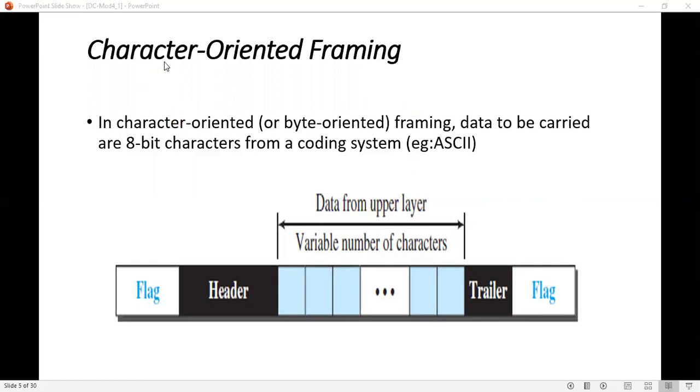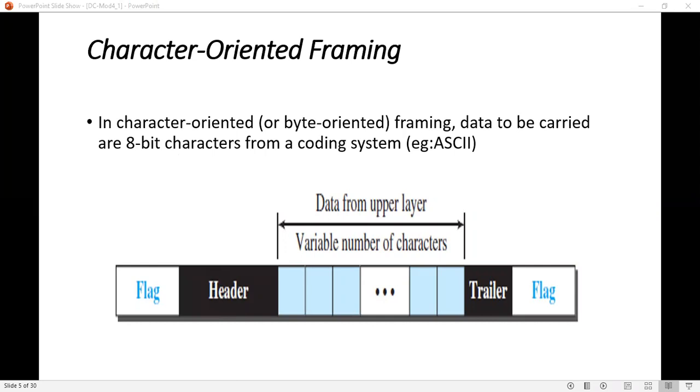This character oriented framing was popular when only text was exchanged between the data link layers. But why? Because for a special field we use some special characters, right?